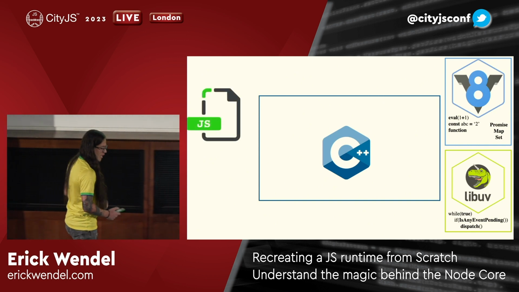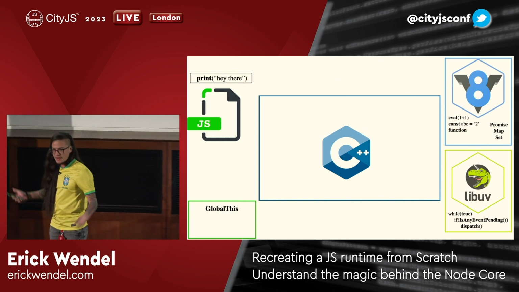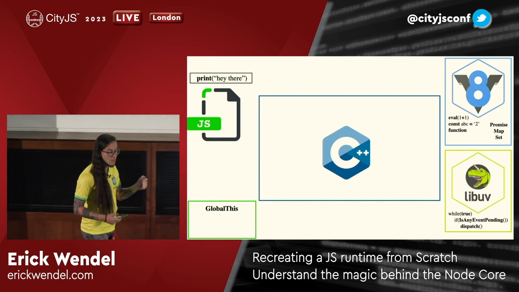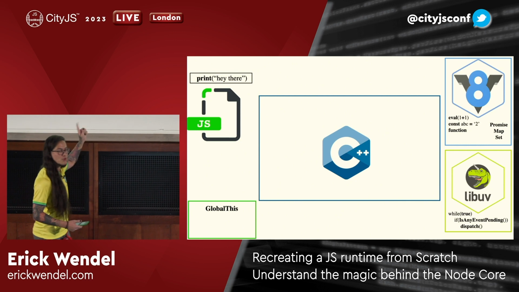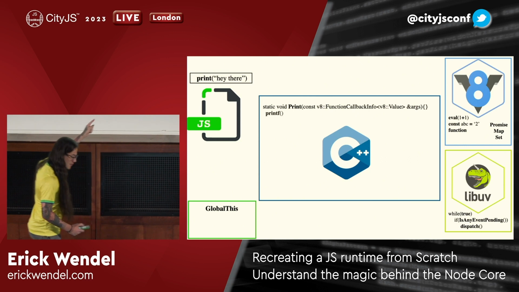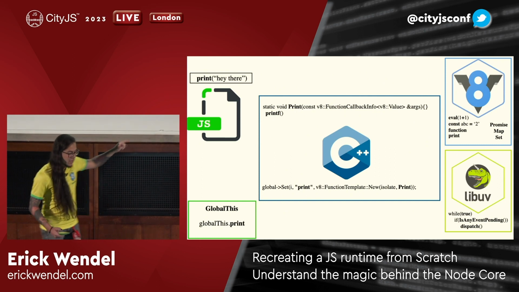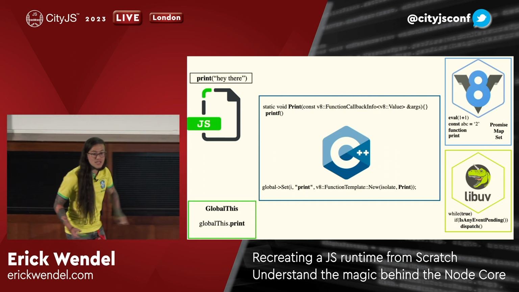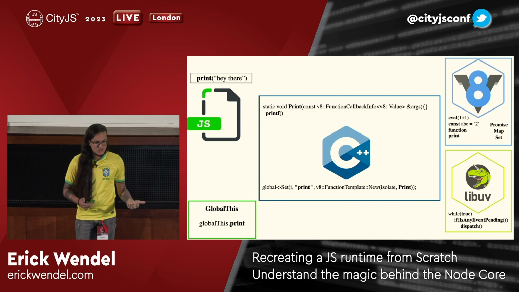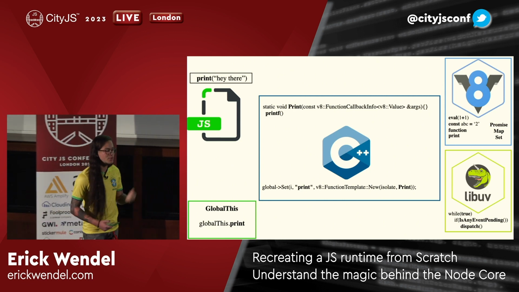Let's take an example here. Imagine we have a JavaScript file, right? And we have the global this, the global environment in JavaScript. Imagine we just compile the V8 library in C++, and we want to extend it, right? So I'm using print. Print doesn't exist in JavaScript, okay? So what I'm gonna do, in C++, I'm gonna implement a new function, and look how amazing it is. Now I'm gonna use the V8 API to say every time you call this keyword, execute this C++ function. So this is gonna work for all Node.js modules. Everything that is asynchronous, we usually use this.